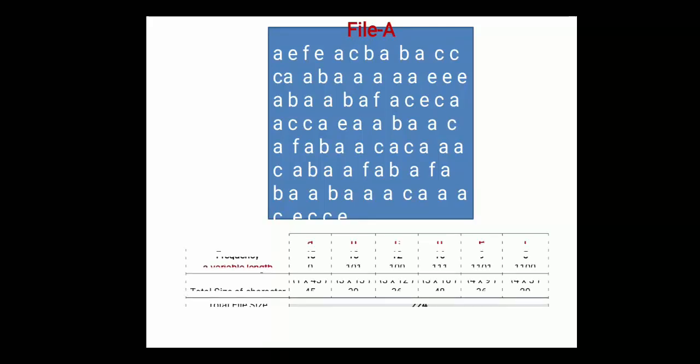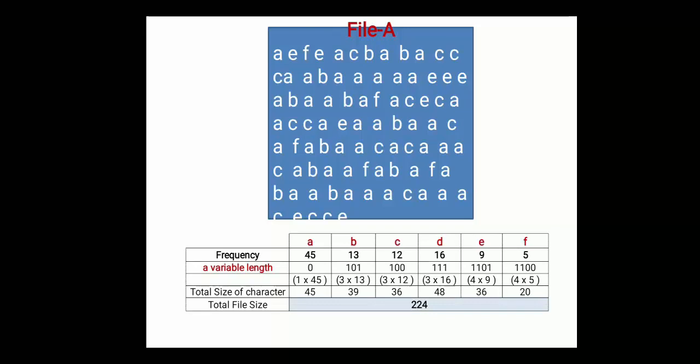Now the next method, which is very much important, is variable length code. Why is it important? Because in the Huffman algorithm we are using this technique, that is, variable length code. In the whole Huffman algorithm we are finding a variable length for every character. We are going to generate one Huffman tree to identify the unique variable code for every character.